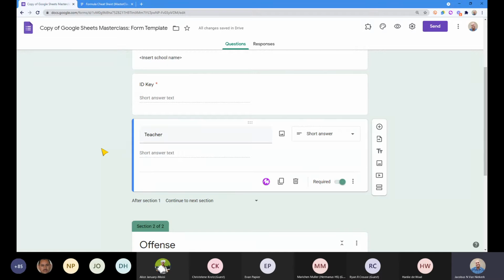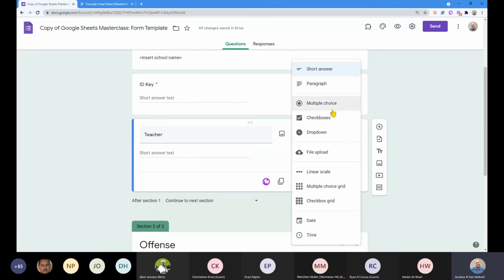Then the second thing, I want to make this form as quick and easy to use as possible. You can imagine if you're in a classroom and you just want to register something that went wrong in your class, you don't want to have to go and type out your name. It's much easier if you can just select. So for that reason, there are 3 key options that allow you to limit the input into a Google form. The multiple choice option, the checkboxes, and the drop down.